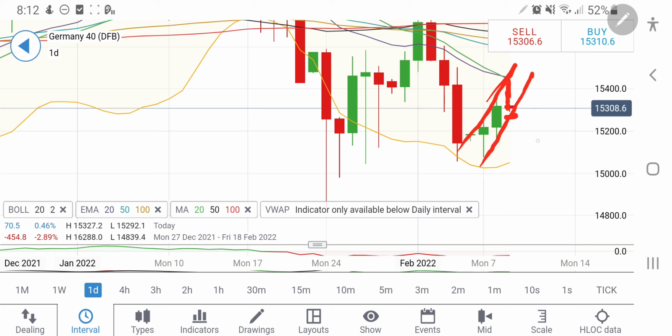I am bullish again on Germany 40. A third candle might form, and once it breaks 15250, you can expect a drop till 15200, and below that it will drop sharply again towards 15100. There is a support available at 15100, but for the day I'll expect 15250 to provide a very strong support. Till the time it remains above this zone, definitely it will fly sharply towards 15450 levels. Take your positions accordingly. Now let's have a look at crude oil and natural gas.